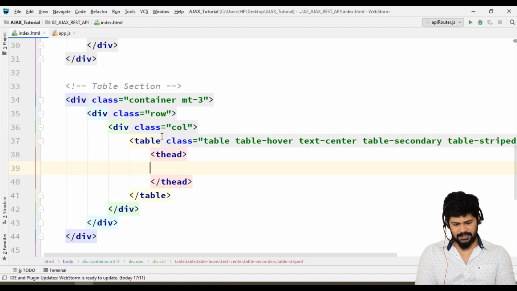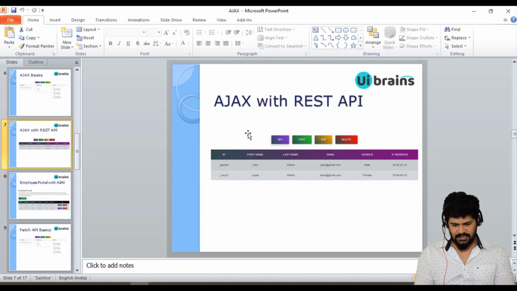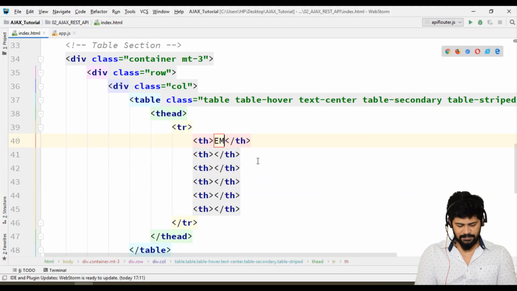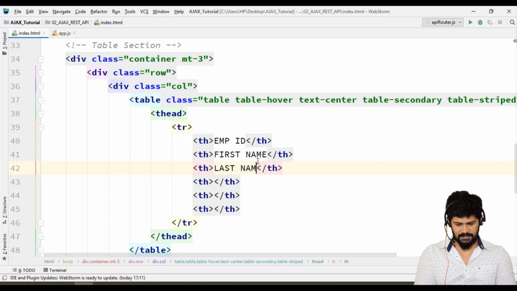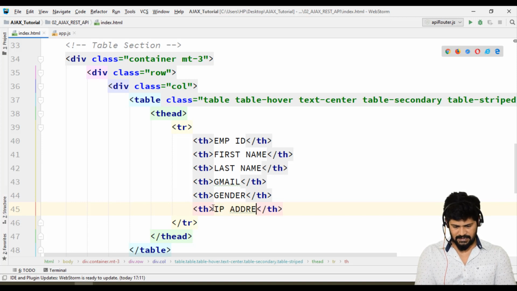Fine, and then thead, in the head section, table row, I need some th. How many? I think 6. So 1, 2, 3, 4, 5, and 6. Yes. So first of all is Employee ID, then the first name and last name, and then Gmail, gender, and finally the IP address.